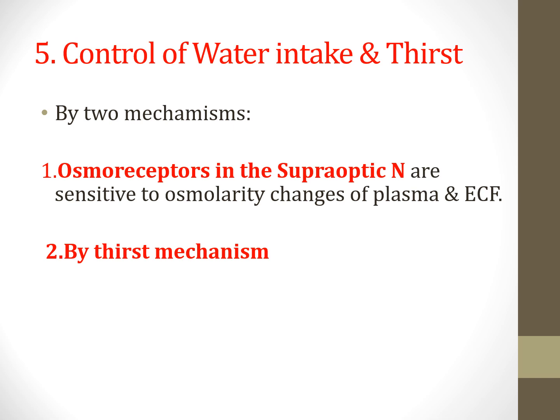On the other hand, it is also working through the thirst mechanism. So the thirst mechanism is through, actually there are a few centers in the hypothalamus which are called thirst centers. So whenever these thirst centers are stimulated directly, it stimulates thirst in a person, and the person tends to drink more water, and therefore the water level in the body increases, and again through the water intake, the plasma volume is corrected in the body.